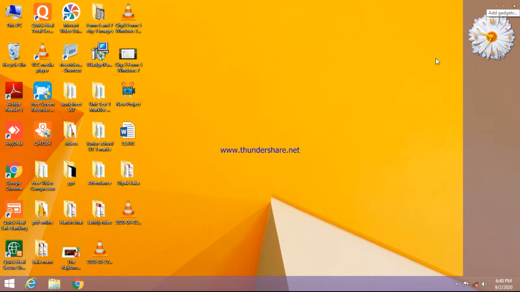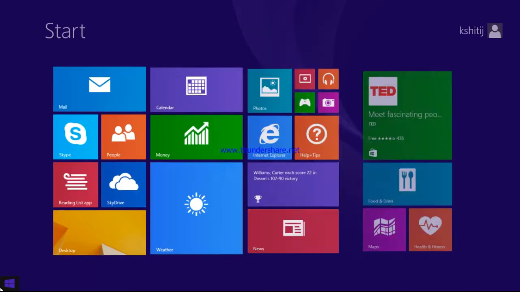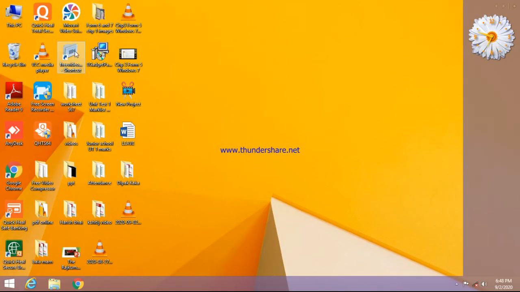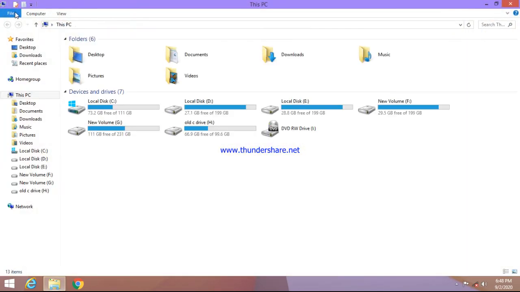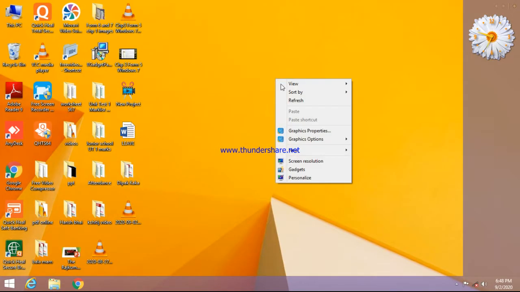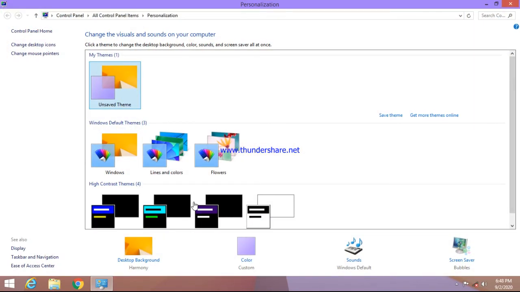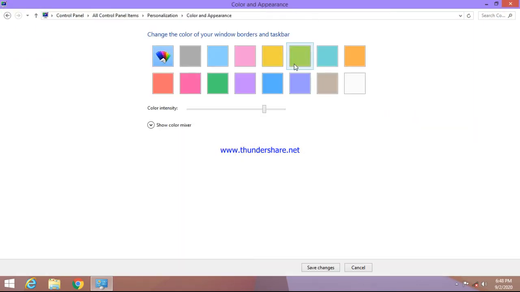Close it. Now you click on any of the options, and the taskbar color is changed. Once again I am doing it so that you love to see it.